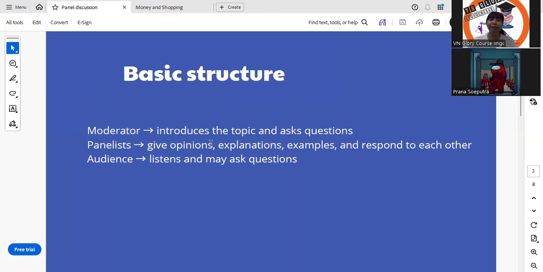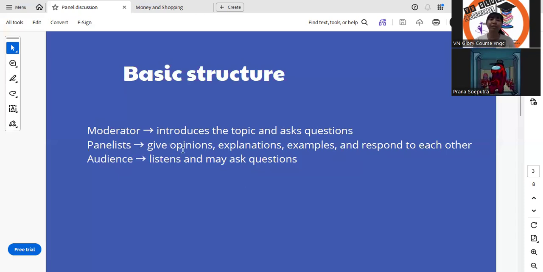So the basic structure in a panel discussion, the first one is the moderator, who introduces the topic and asks questions to the panelists. The moderator only introduces the topic, introduces the panelists, and after that asks the questions to the panelists, not to the audience but to the panelists. And then